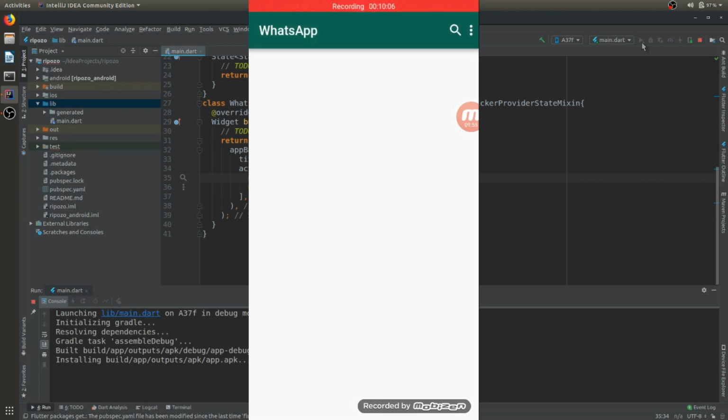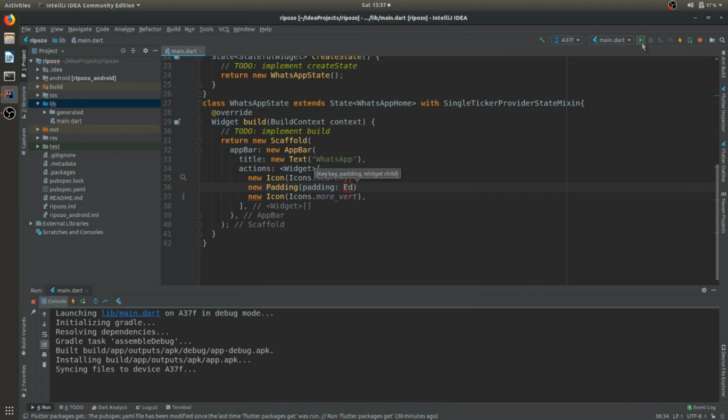Why it's taking so much time, but yep, you can see that the white screen has appeared and it will sync the files to my phone. After that it will show the outcome. So you can see that there is a WhatsApp written and there are two icons, but they should have some gaps. So for that we will need a padding,